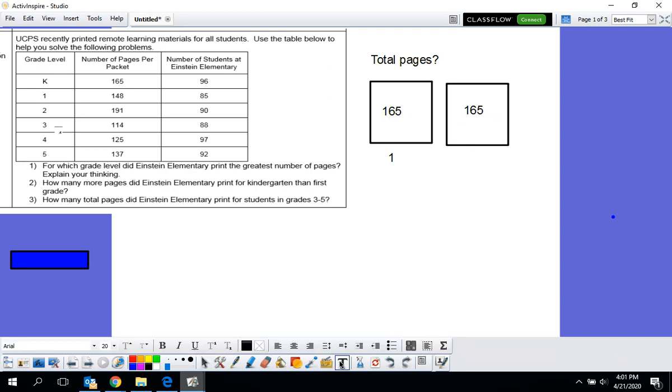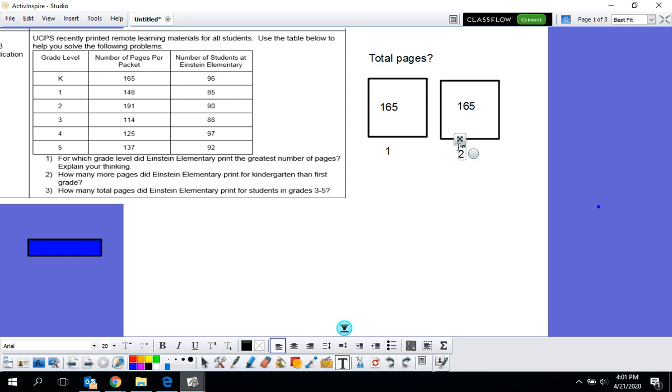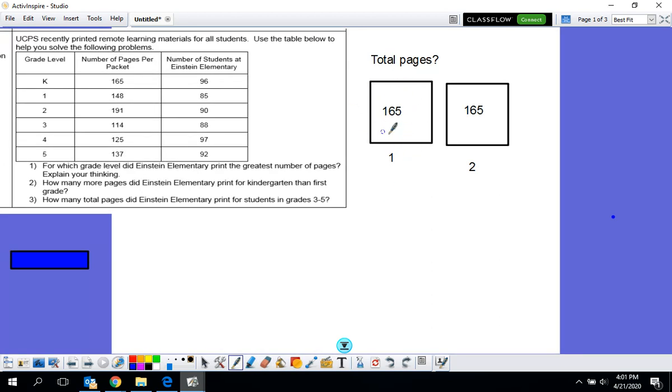One, that is not reasonable, and two, that takes way too long. But I can start to visualize, if this is one packet and it has 165, the second packet has 165, and I have to keep doing this,